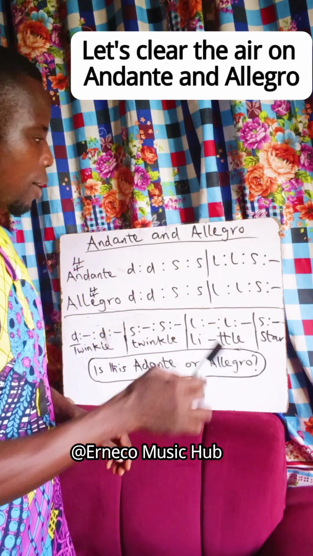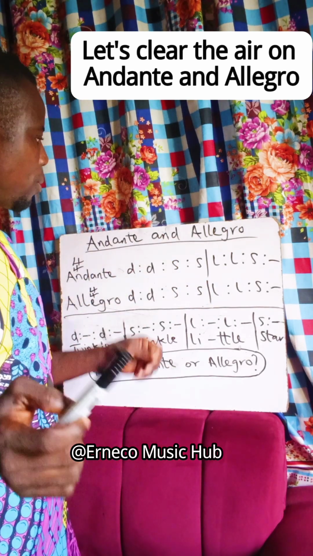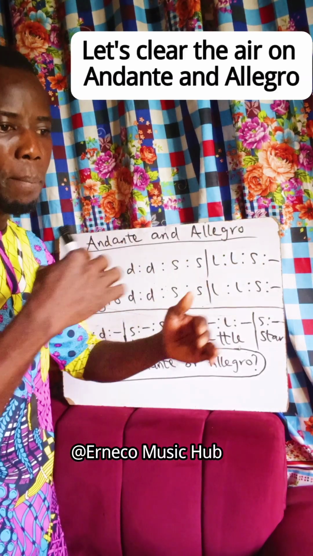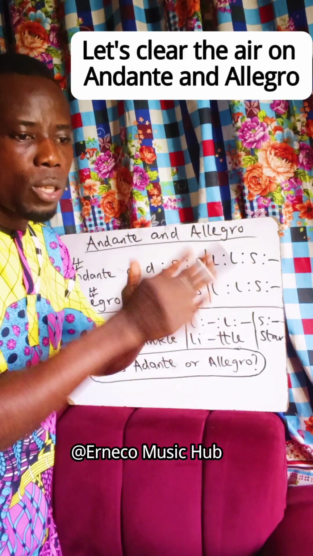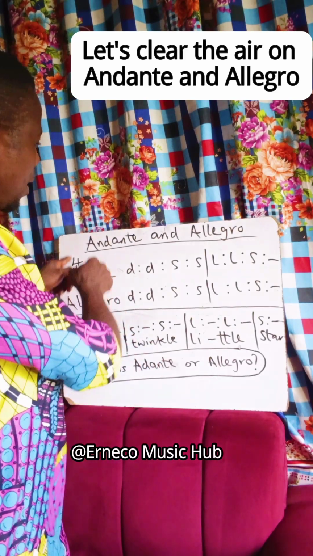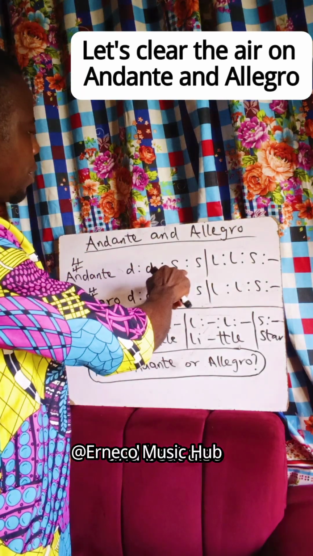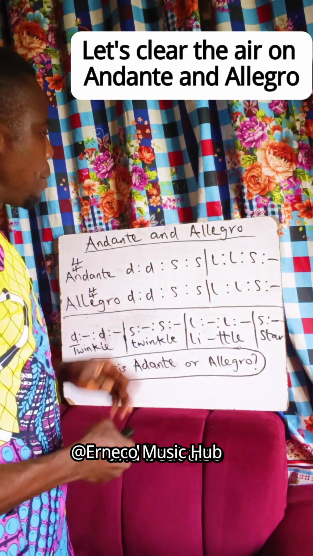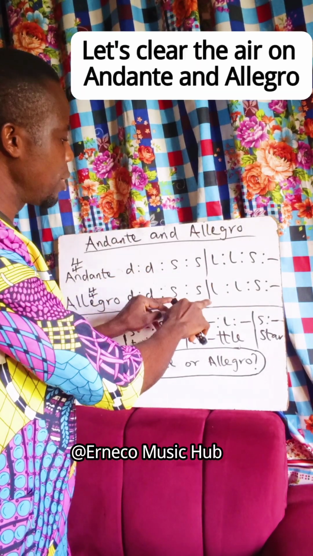You understand it now? This was the same music I used that day in that video, Twinkle Twinkle Little Star. Now on the Andante movement, as I said, Andante is slow, at a walking pace, while Allegro is fast, lively, and quick. Andante is saying the contrary of what Allegro is saying. You understand? Now, when we are giving this music in 4/4 Andante, see the rhythm of this particular line is also the rhythm of this. They have the same rhythm, but the difference now is the tempo. Here, the tempo is slow, and here, the tempo is fast.